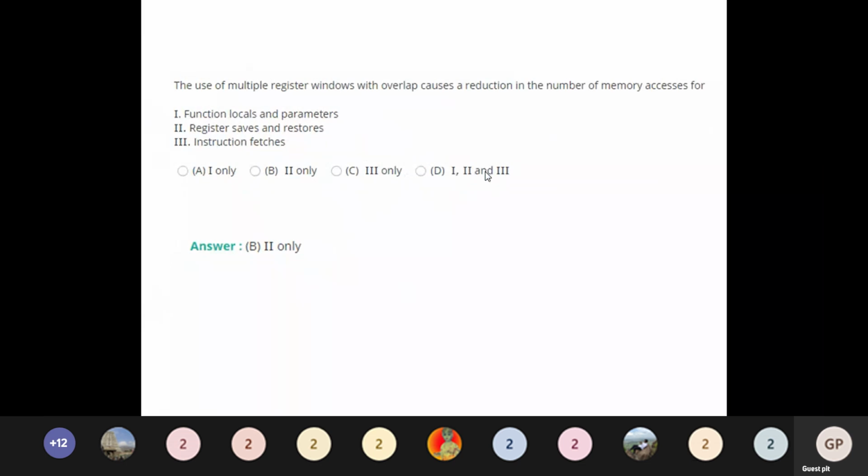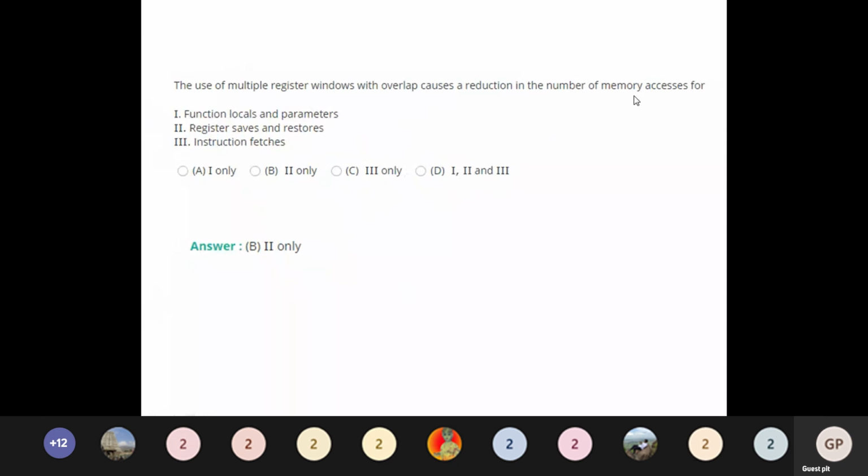The next question is: the use of multiple register windows with overlap causes a reduction in the number of memory accesses for which of the following?